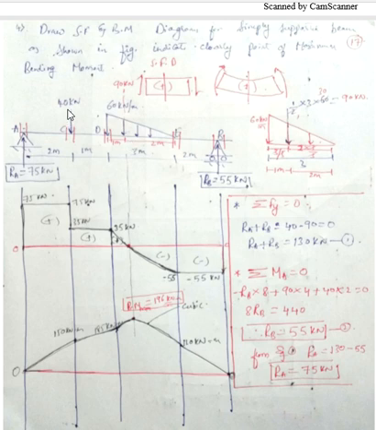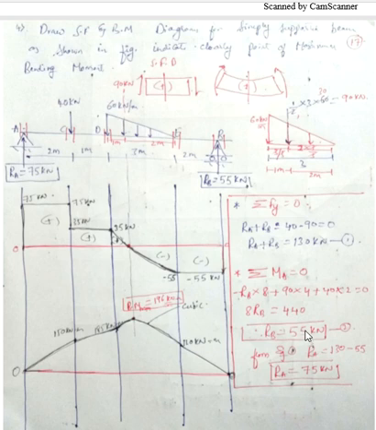Then there is one more point load, 40 kilonewton. It is giving me clockwise movement and the perpendicular distance is 2 meter. So plus 40 into 2. Here I've written it as plus 40 into 2 is equal to 0. Minus RB into 8, I'll take it to the right side, it will become plus 8 RB is equal to, after adding these two, 440. From this I'll get RB as 55 kilonewton.